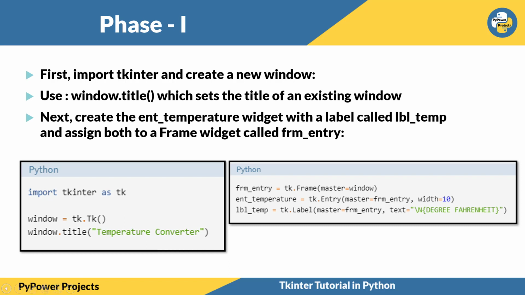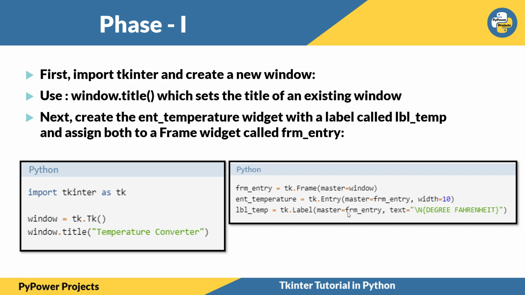So we can see here I have imported Tkinter and I have used the main frame, that is the temperature converter window. I have created frame entry, whose master is the window. I have created one big frame inside the main frame. So in that frame I need to create an entry widget for entering the temperature. Its master would be frame entry and its width would be 10. Then the label temperature, where I label what you need to enter, that is the degrees in Fahrenheit. Okay, this is part 1.